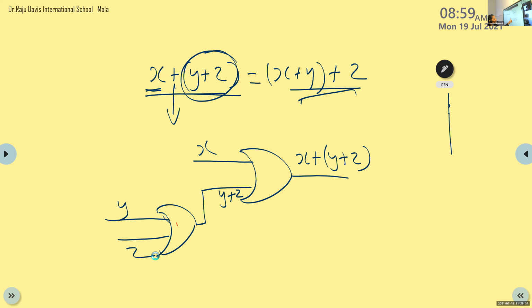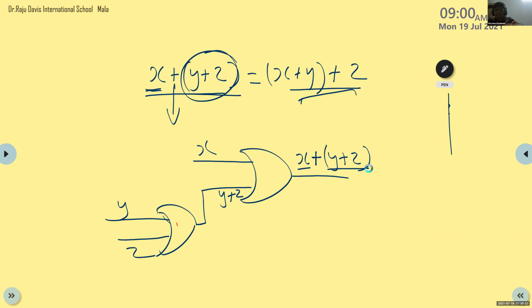How can we draw this x plus y plus z? Here the first term, this is the common operator. Here two operands are there. The first operand is x and the second operand is y plus z. Is it clear, Naveen? Naveen? I'm not really. What, Naveen? I didn't understand that much.